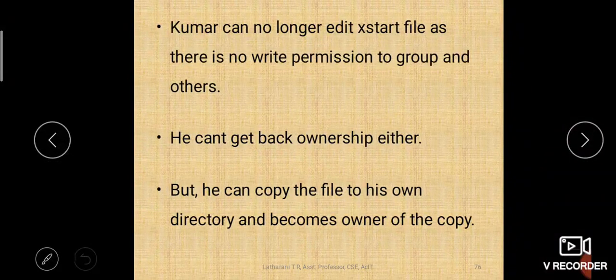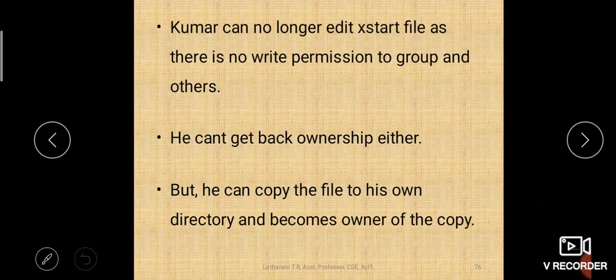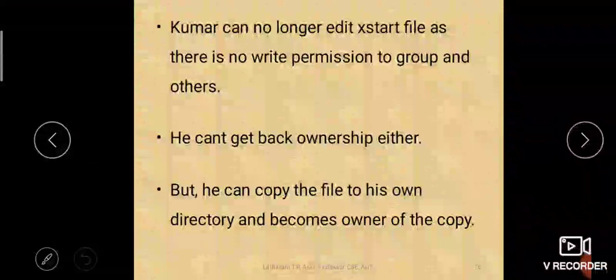That is like when I am leaving the job, my files I will hand over to some faculty. Let us say HOD sir, I will hand over all my files to HOD sir. So no longer am I able to access those files, but I can have a copy of those files, right, which I can edit, but I cannot edit the original files which I have handed over to HOD sir. Is that clear?